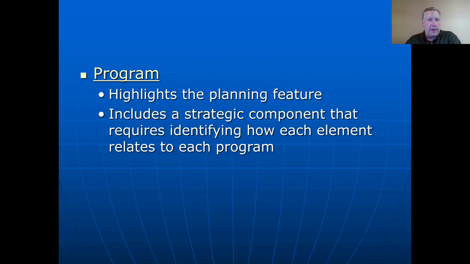then move into our third budget format, and that's a program-based budget. Program-based budgeting really highlights the third feature, the third purpose of budgeting that Schick tells us about, which is the planning feature. Now we're going to use this program-based budget to help us strategically plan the operations of our organization. So it's a strategic planning document that shows us how each element of our organization, each activity and each unit, and really each individual in our organization interacts with every other element in our organization in order to achieve our